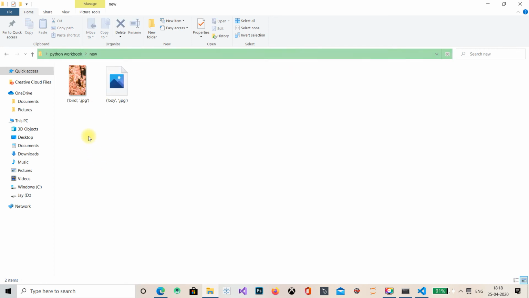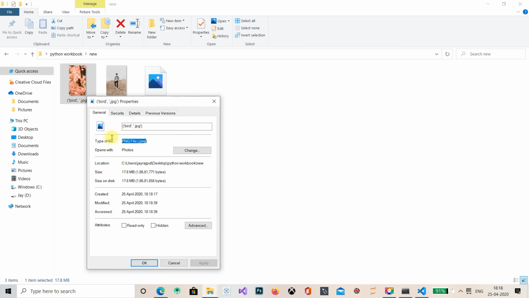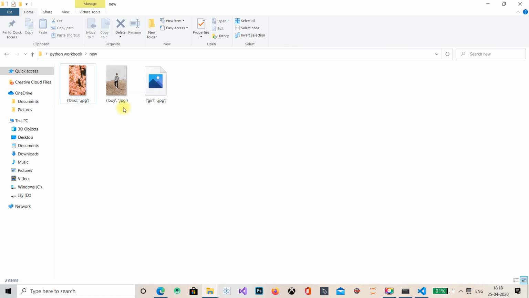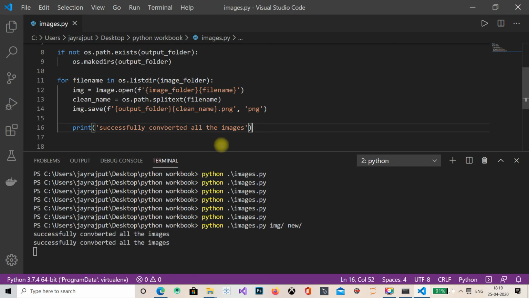And yeah, okay, so the error comes here: the code has not worked properly. Check the properties. No, it has converted the png file, but it's not putting my name properly. Why? Split text file name.